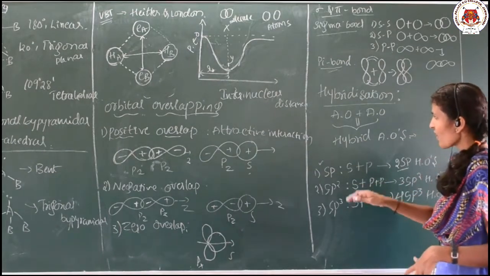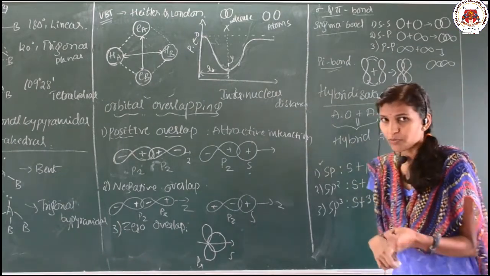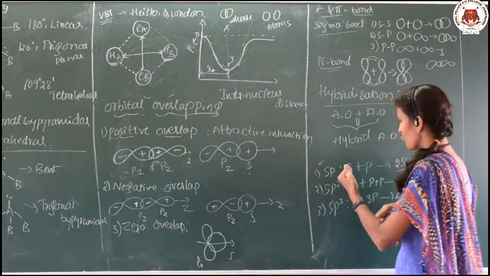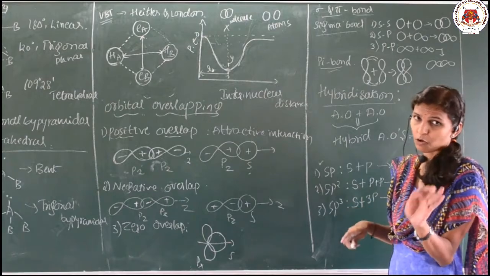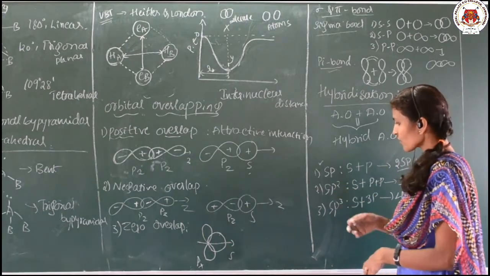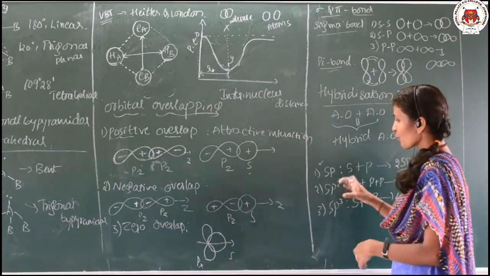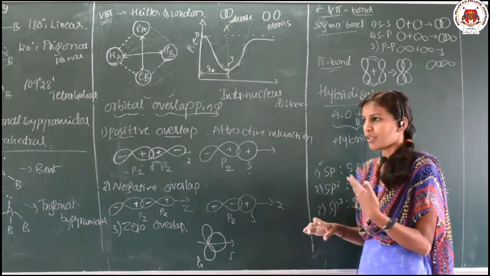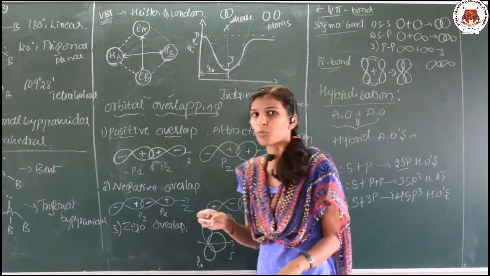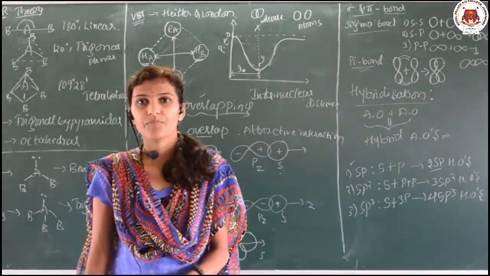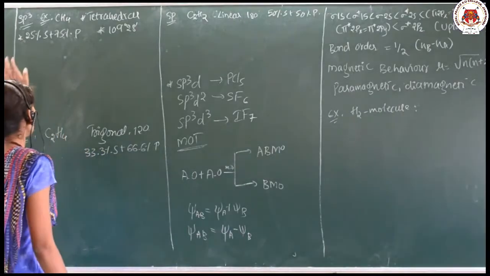So, this is how we can explain the definition of hybridization, salient features of hybridization and types of hybridization involving s and p orbitals. In our next class, we are going to discuss how sp, sp2, sp3 hybridization take place in different molecules. Let us go for the examples of hybridization.